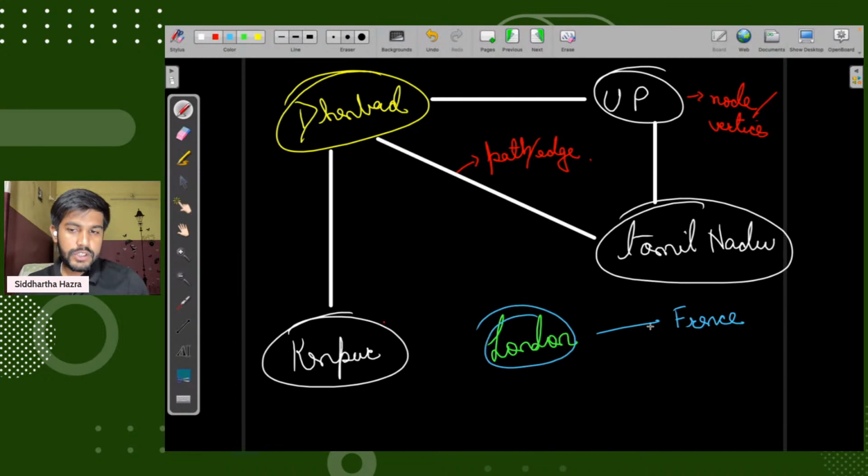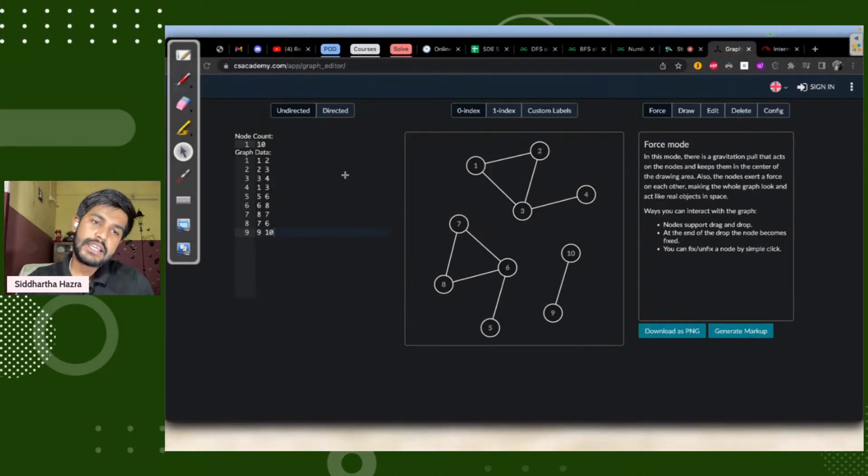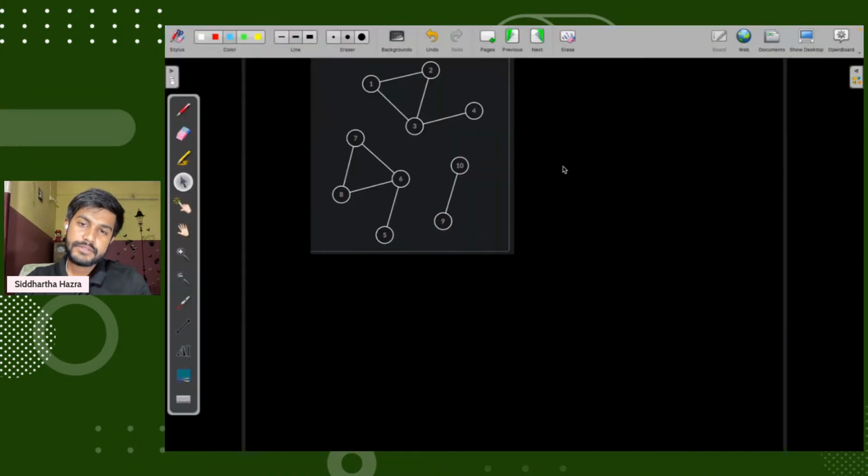Now I can say that this is not connected. So the question is what is a connected graph and what is a disconnected graph. London and France are not connected to this. In the same way, can you tell me an example of a connected graph?